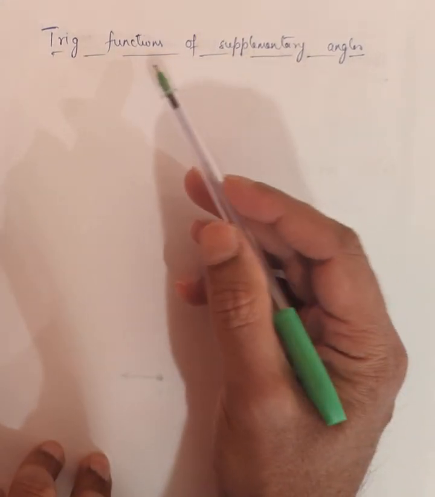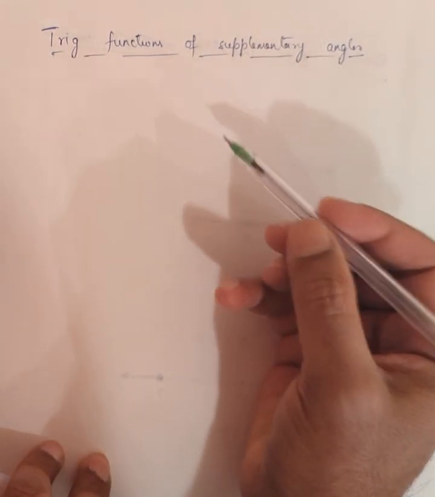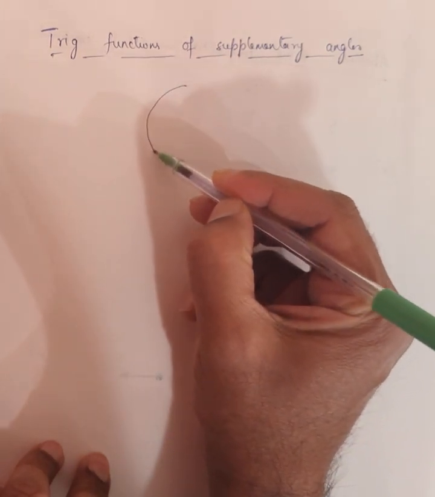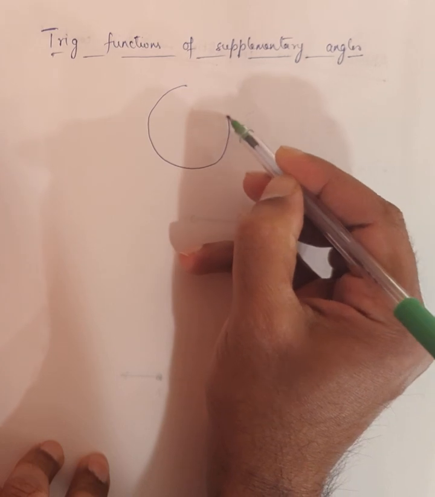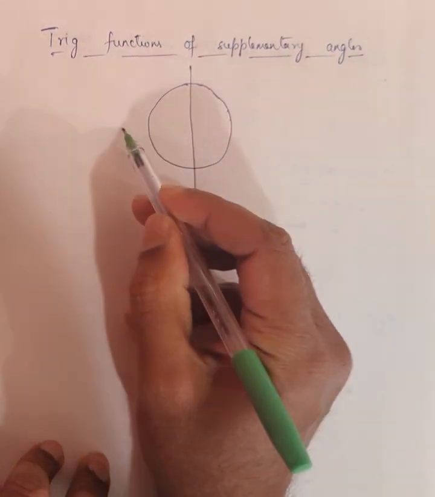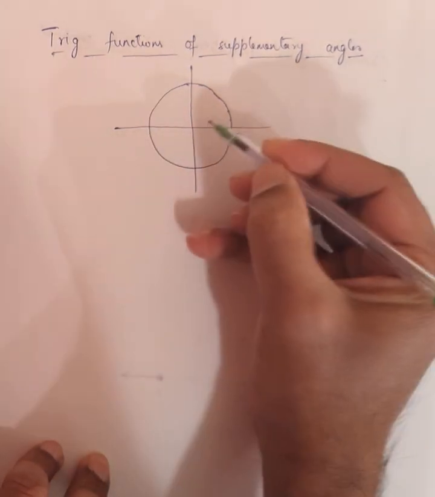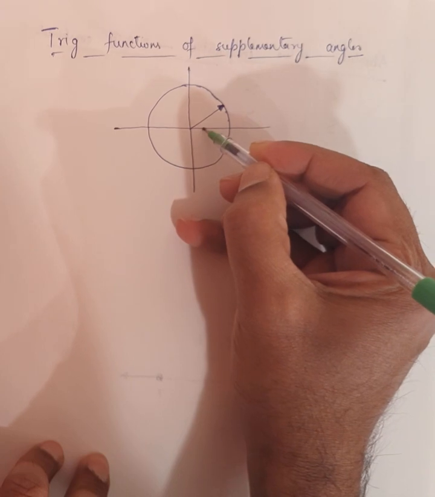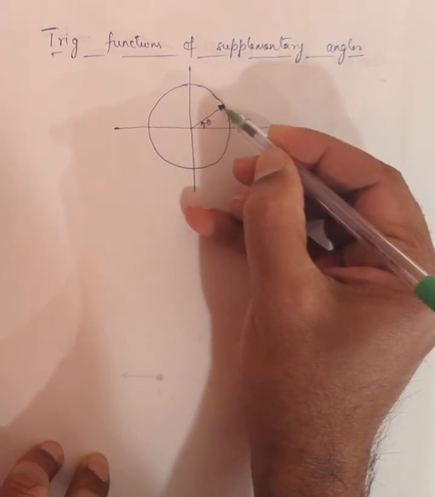We will discuss the trig functions of supplementary angles. Now let's recall what the trig functions are. On the unit circle, if you draw a unit circle, then for a given angle theta,